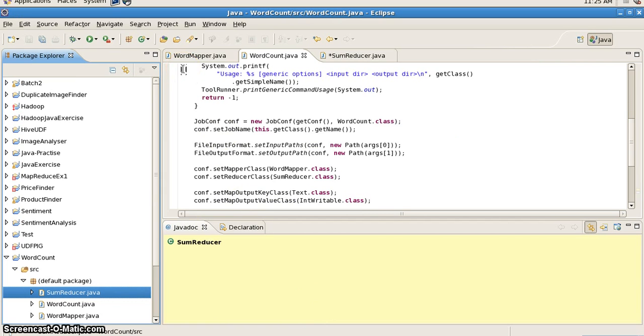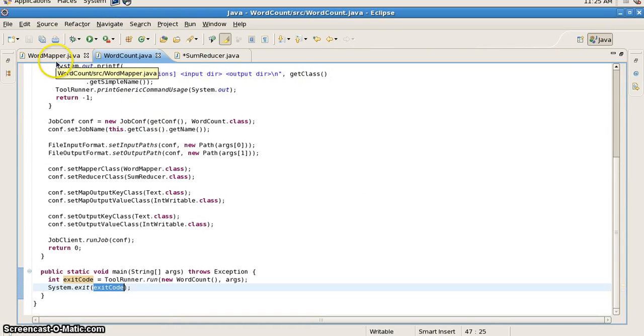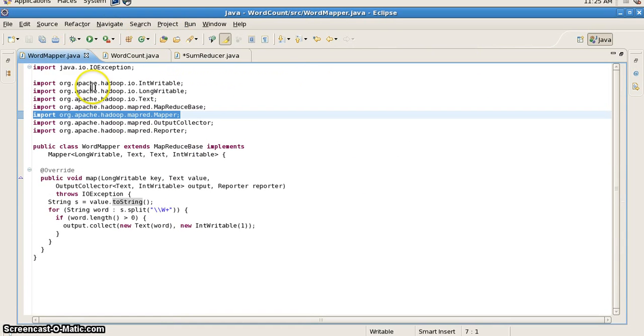Hi, welcome to the section on MapReduce. In this section, we'll be discussing how to write a MapReduce code for your word count example. I'll just give the explanation of each part of the code in this example, and in our next video, we'll look at how to create a jar file combining all these Java codes and how to execute them in your